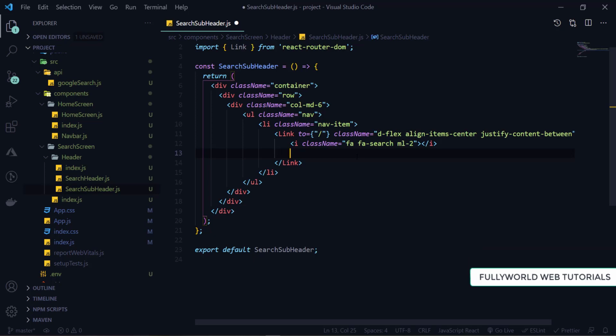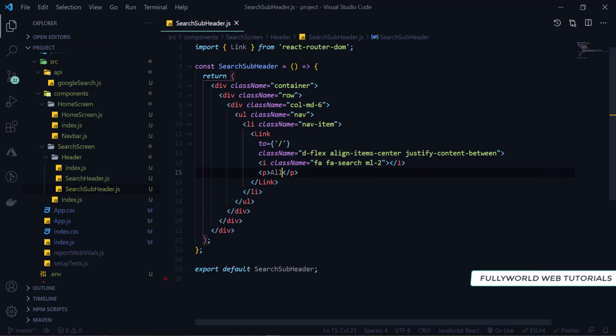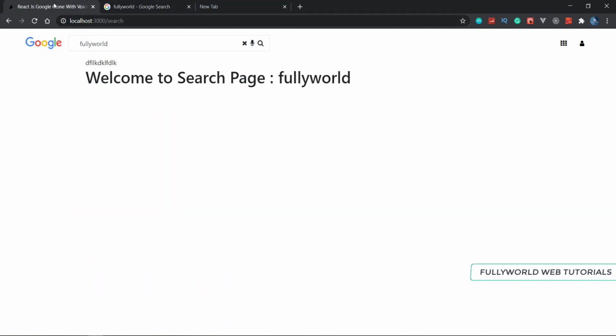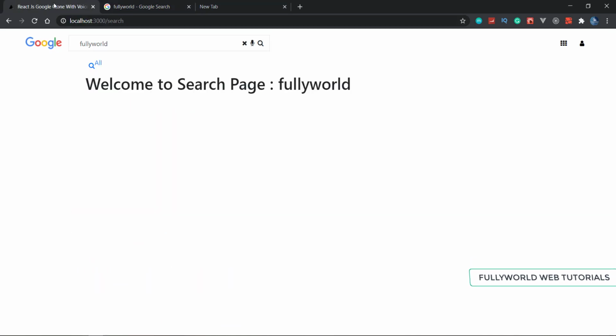And second, here there will be our p tag, and here I'm going to write all here. Save this, and now let's check it. So see that it is looking like that.